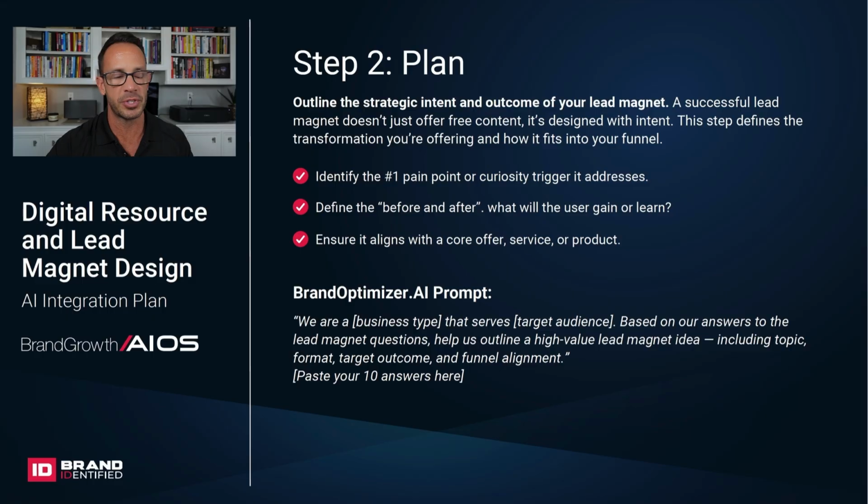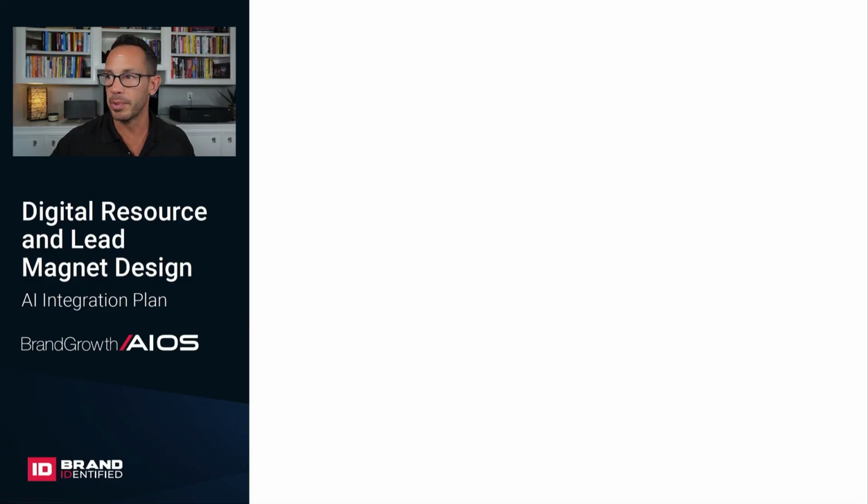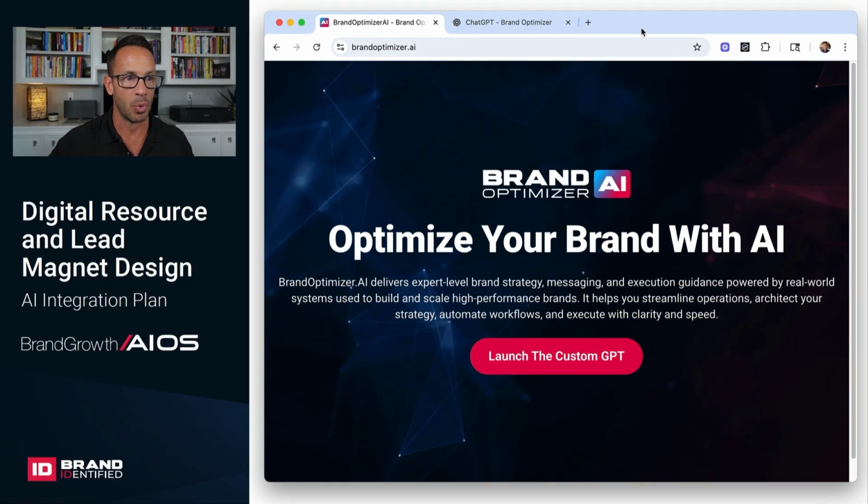So for example, with this prompt, you would put your business type in there that serves, and you would enter in your target audience. And then based on our answers to the lead magnet questions, help us outline a high value lead magnet idea, including topic, format, target audience, and funnel alignment. So you will take this prompt, you will take the 10 questions that we went over in step number 1, and then you're going to take the answers from those 10 questions from step number 1,